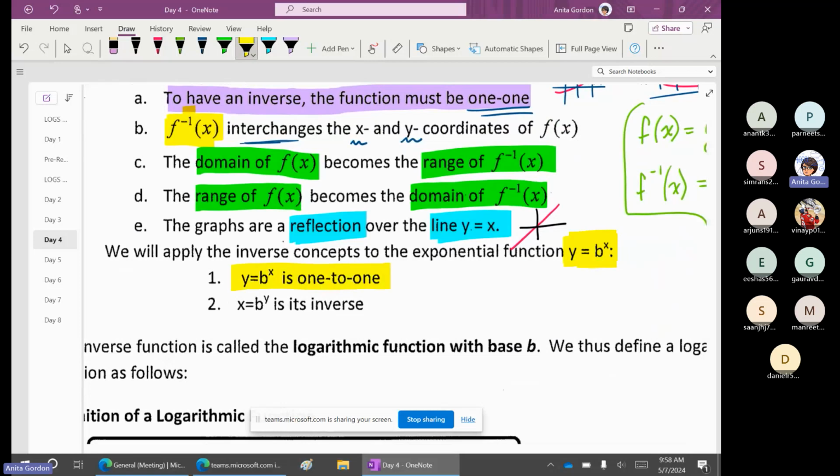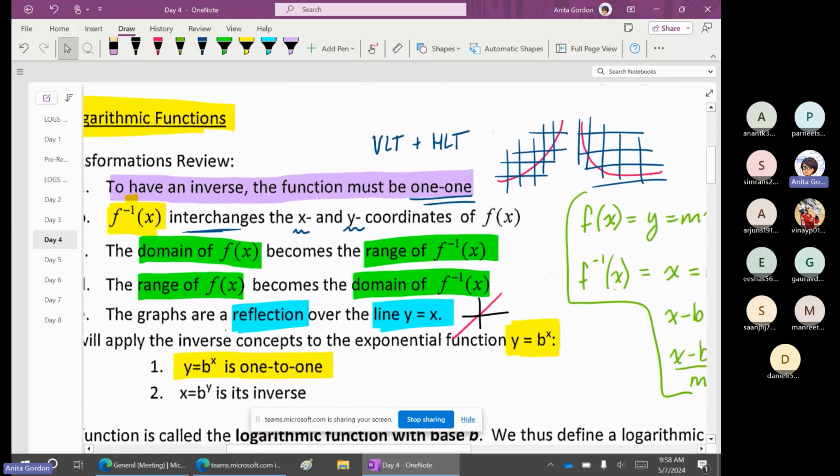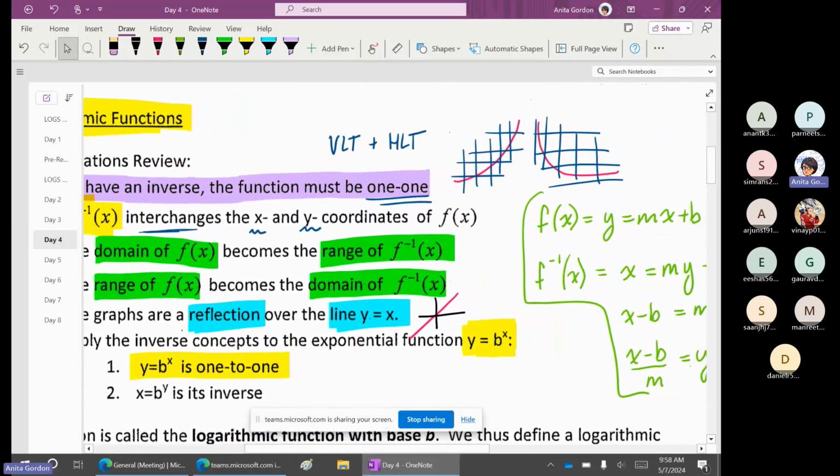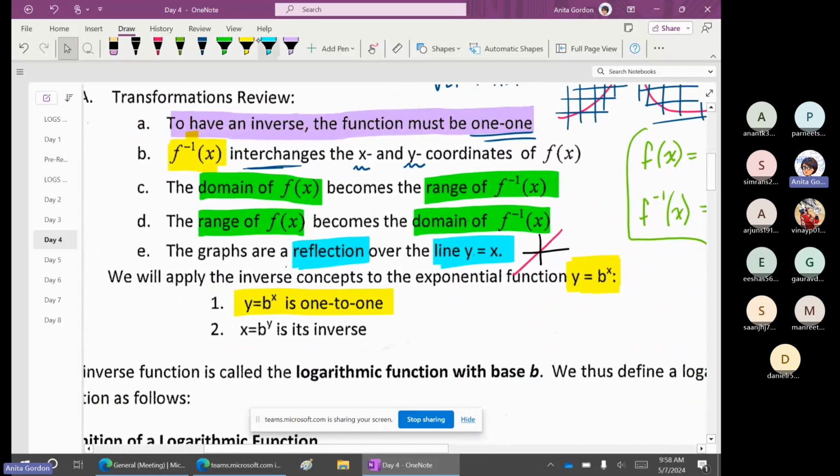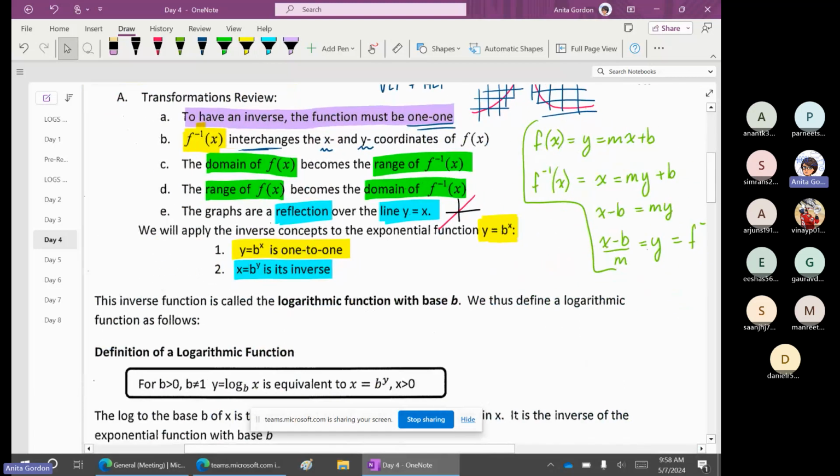It is a one-to-one function, as we drew our little sketch here in the corner. So then the inverse is where we have x equals b to the y. And what we want to do today is to rearrange this to get it into y equals format. Okay? So the inverse function of an exponential is called a logarithmic function with base b. So the base of the exponential becomes the base of the logarithm. There's that kind of